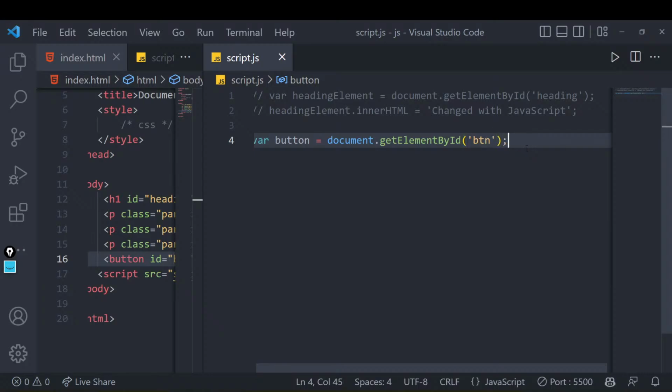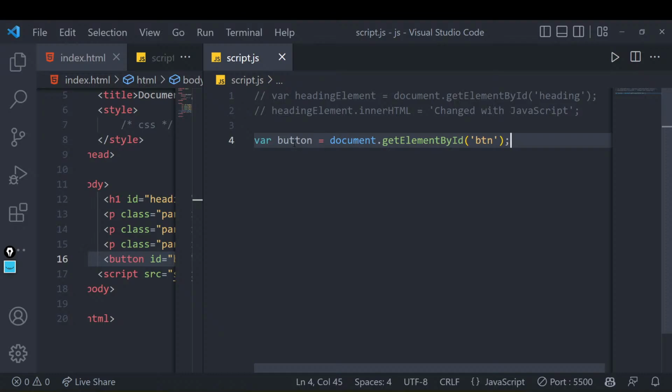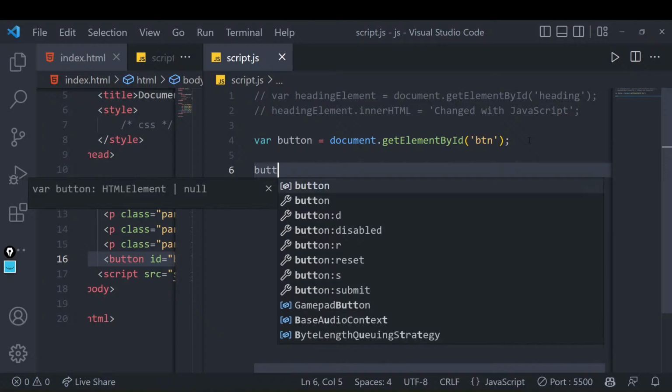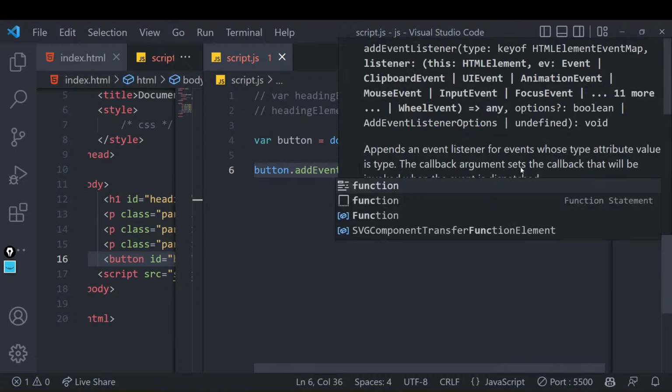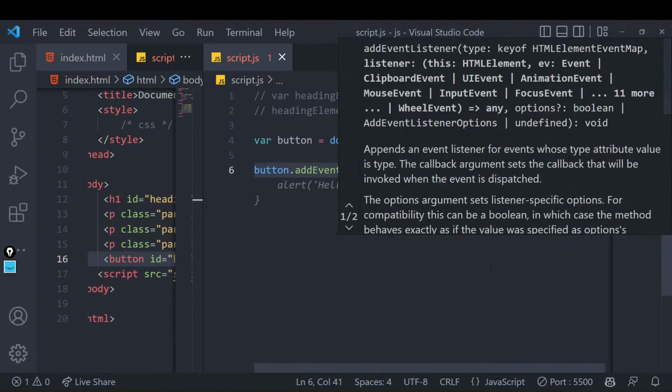So as soon as I do this, I have selected my button, and now I want to add an event listener over there. So how will I write that event listener? I'll write button dot addEventListener. This is a function that we will be using in today's project as well, right? The function name is addEventListener. This is a predefined function. It will take two values. It will take the first thing as an event and the second thing as the function that you want to run, right?